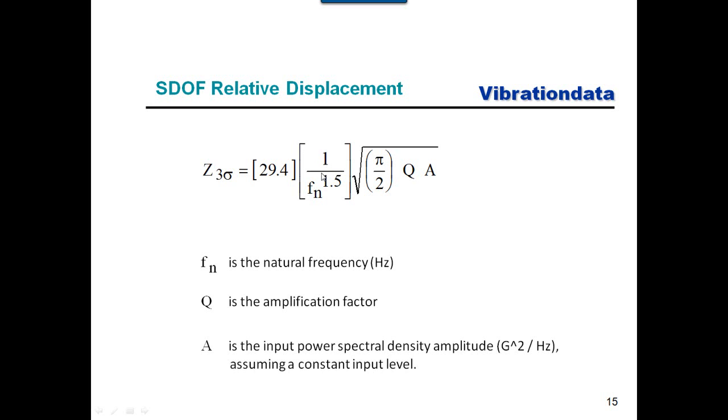Well, let me tell you what the assumption is here. After we get through this equation, this factor is chosen so that the unit will be inches. Probably ought to add that to the slide. So we have 1 over the natural frequency raised to the 1.5th power, then the square root of pi over 2, times the amplification factor Q. Now A is the input power spectral density amplitude, G squared per hertz, assuming a constant input level. And really, to make Miles' equation work, the PSD should be flat within plus or minus 1 octave of